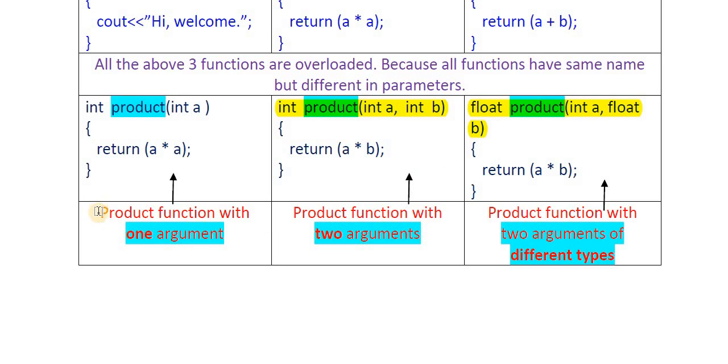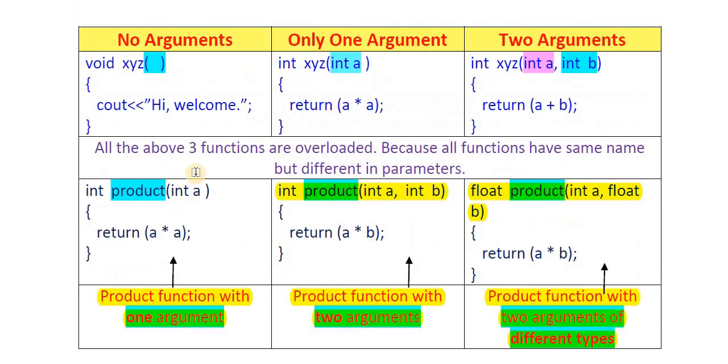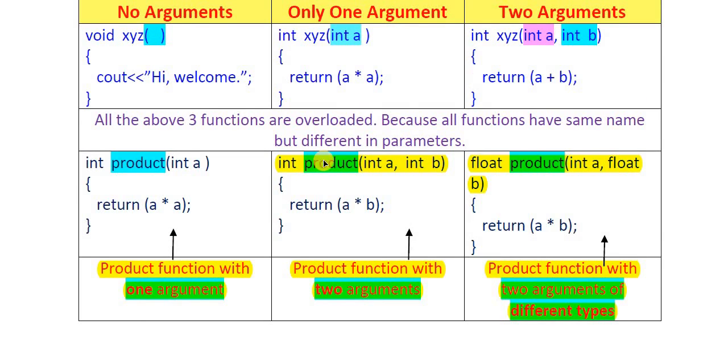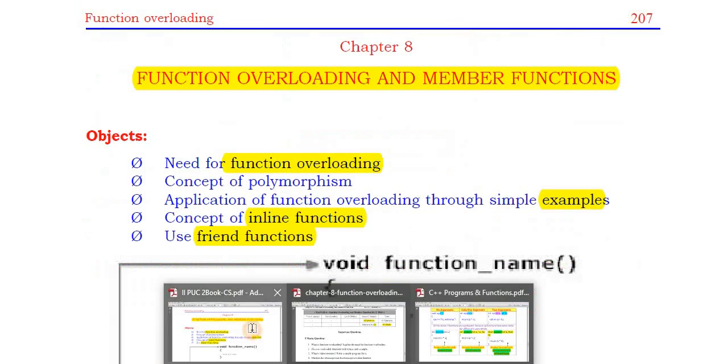So this is the product function with one argument, here the product function with two arguments, and this is the product function with two arguments of different types. So in all functions the parameters are different and the function name is the same, hence they are all overloaded functions. So this is about function overloading. So here in the book we can see